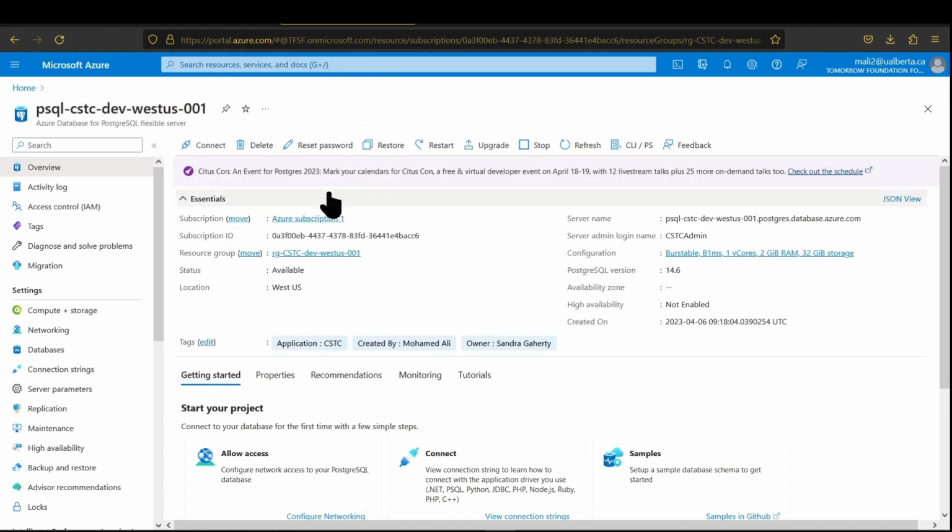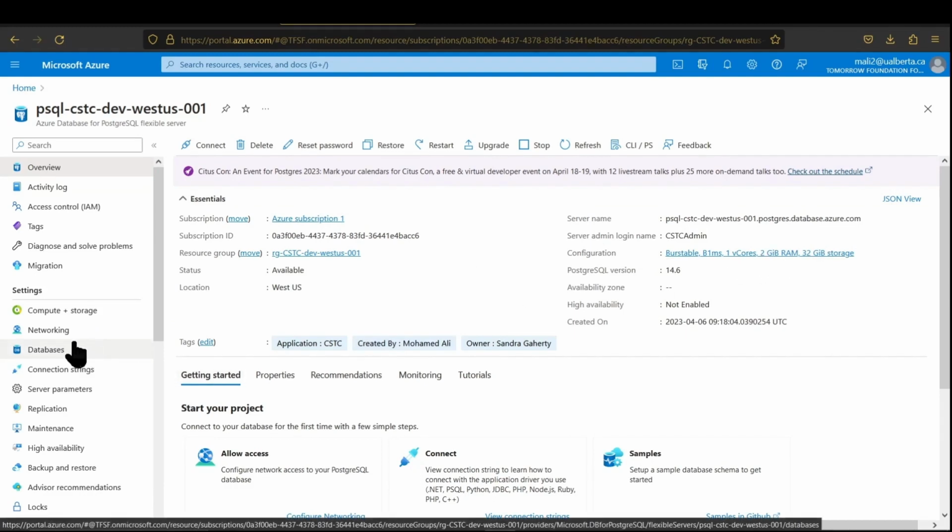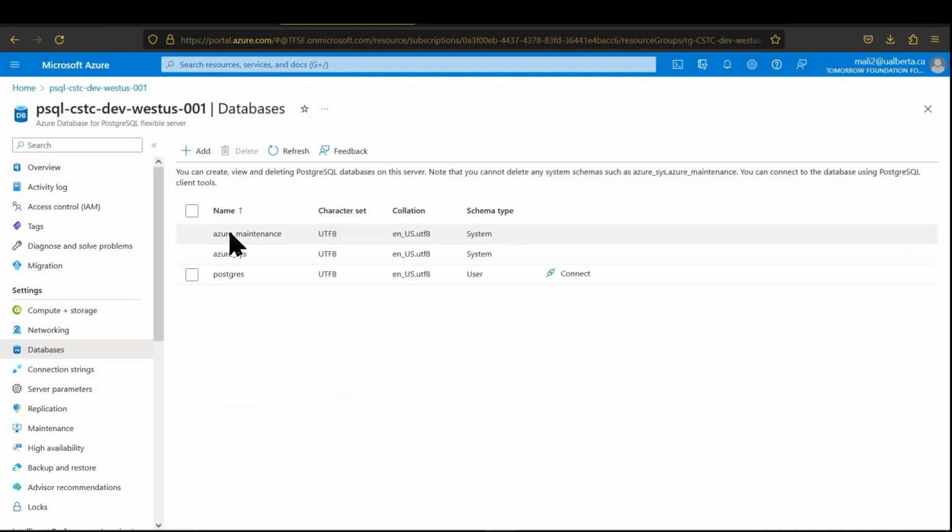So in here, we can see that this is the PostgreSQL server that we're utilizing, the admin login name that we have, and the server name that we can use to ping it, as well as the configuration of the database. In here we can see we have 1 vCore, 2 GB of RAM, and 32 GB of storage. We can also see the amount of databases that we have in this flexible server, in which we're only utilizing